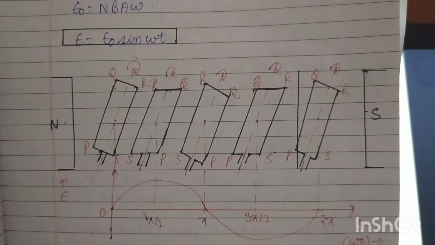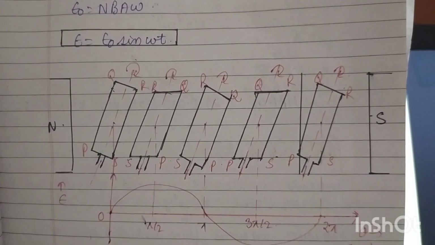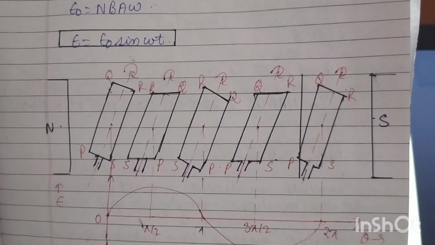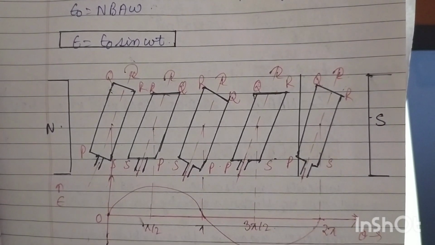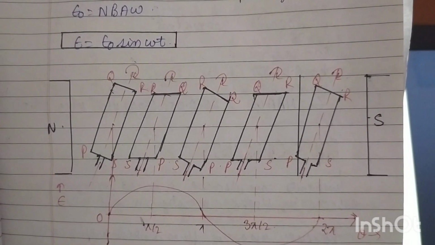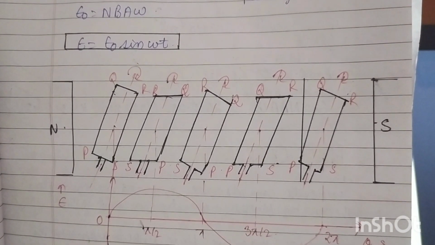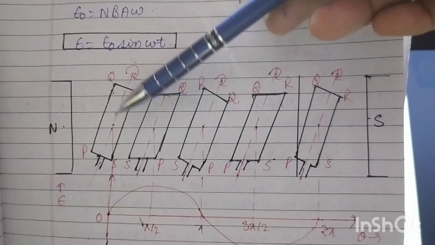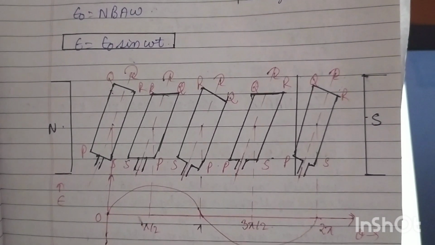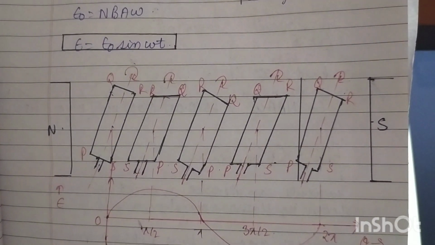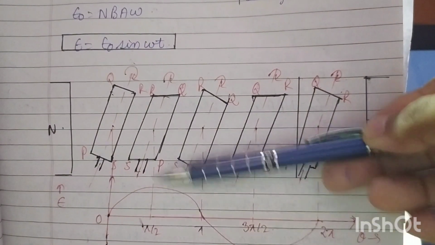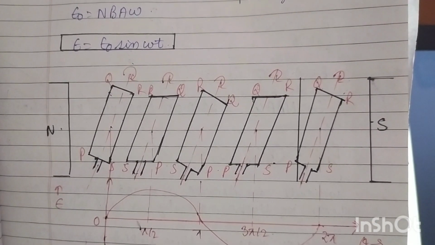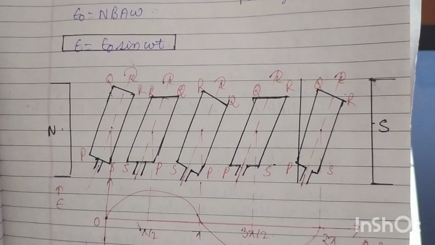Now, as you can see from these figures and the graph, when theta, the angle, is 0, we already know the value of EMF is E naught sin omega t. So sin 0 is 0, so the EMF induced will be 0. So you can see there is 0 EMF induced in the coil at this angle. Now if the angle is 90 degrees, or pi by 2, we already know the value of EMF is the maximum value, that is N B A omega.